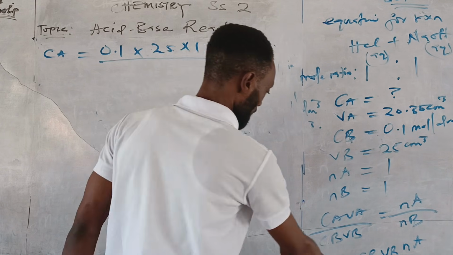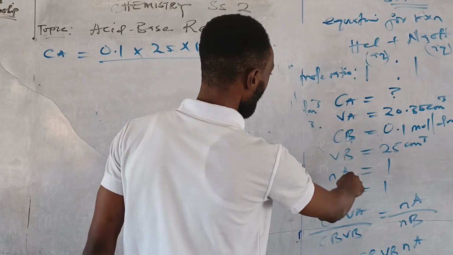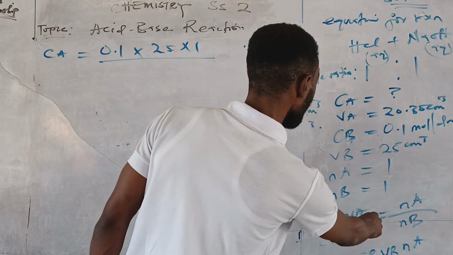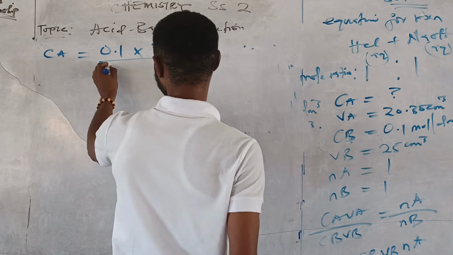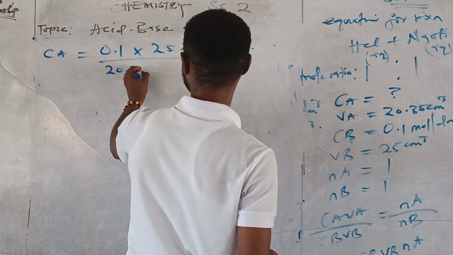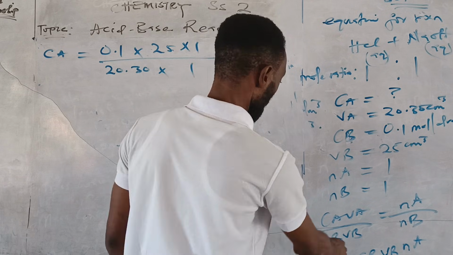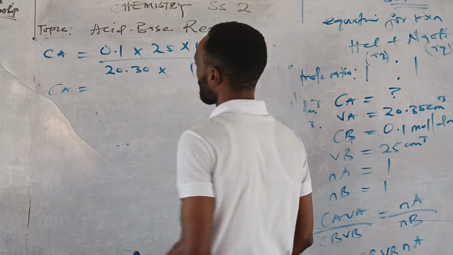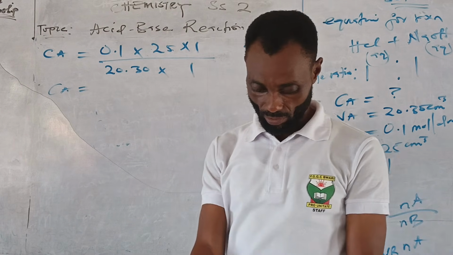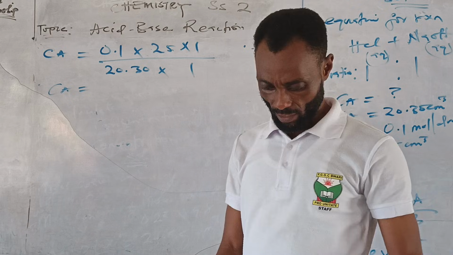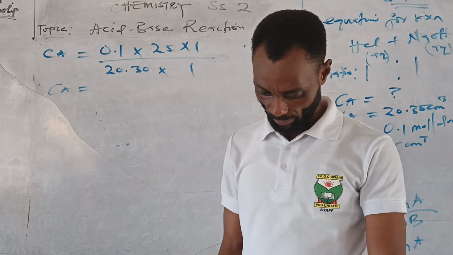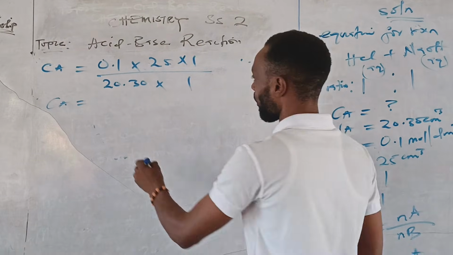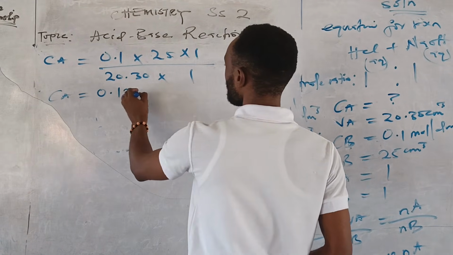You divide it by Va, which is the volume of the acid, given as 20.30, multiplied also by 1, the Nb. Therefore, our Ca is equal to, when you punch your calculator, 0.123